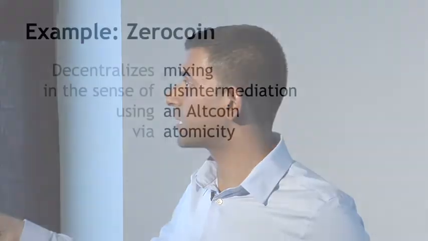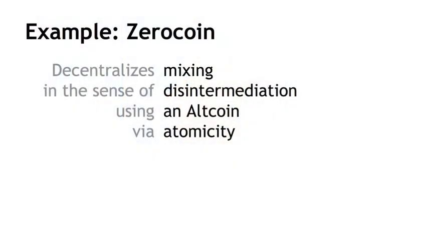So that's storage A. Let's look at more examples. In fact, we can even consider ZeroCoin, for example, which we saw in a previous lecture through this lens. So ZeroCoin is a way to decentralize the notion of mixing. Instead of having a centralized mixing service where you put in your coins and just hope that you get it back, it's decentralized in the sense of disintermediation. There is no mixing intermediary anymore. The mixing is accomplished purely through cryptography. You don't need to trust anyone. It's enforced just by math and by consensus. And it's done using an altcoin. It's not quite compatible with Bitcoin unless there is a fork to Bitcoin.